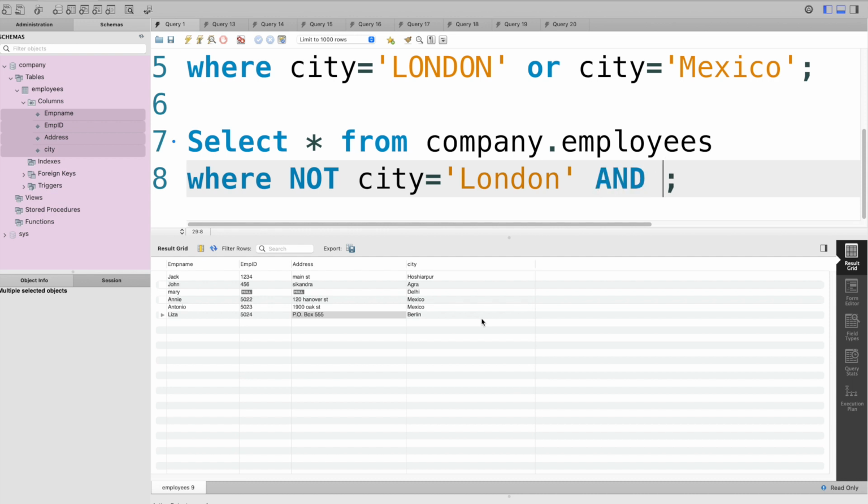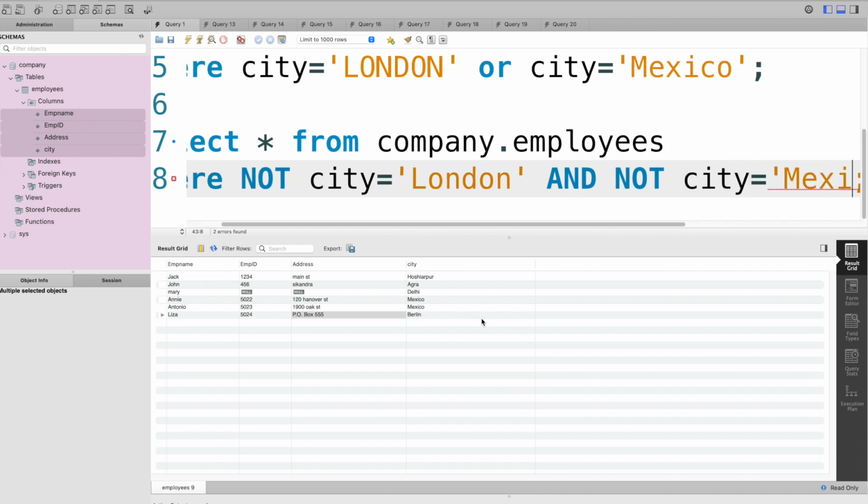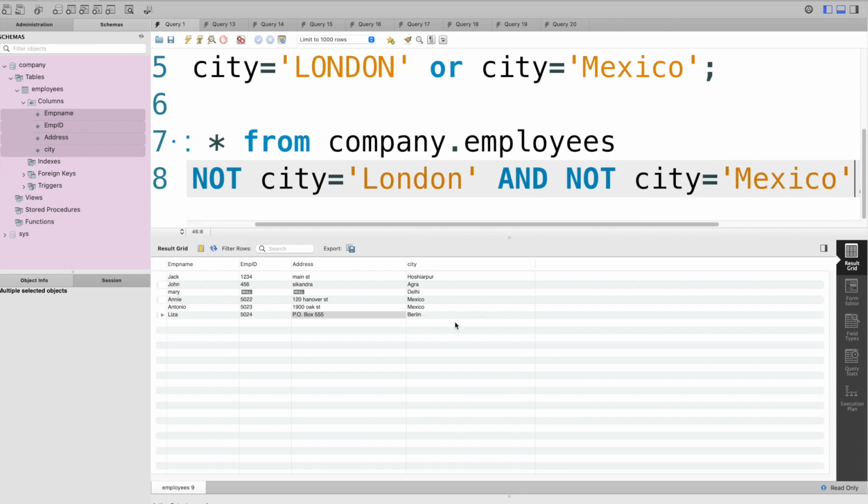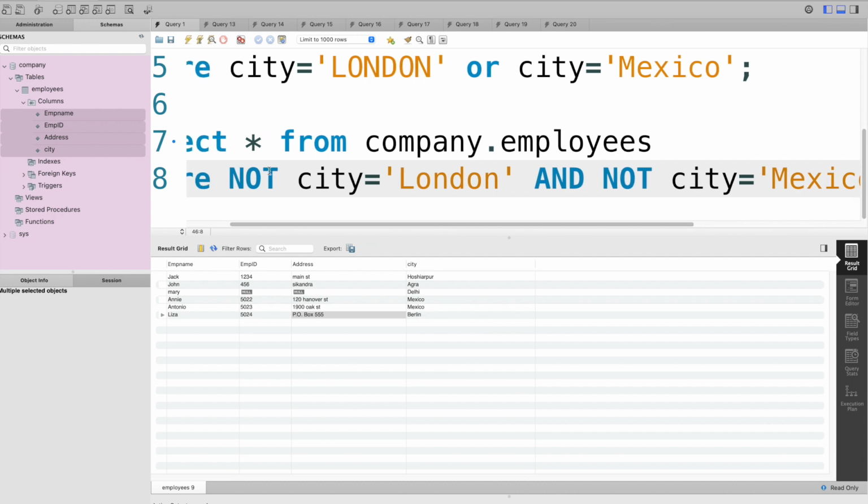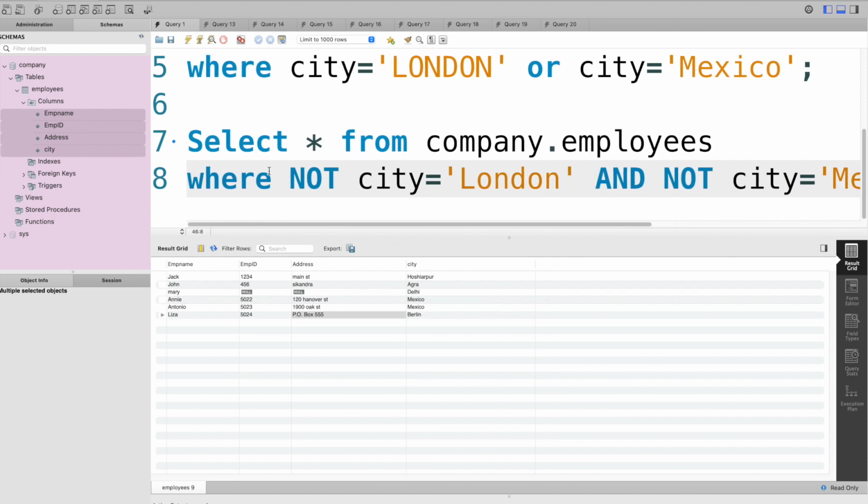AND operator. But here we also want to get the data of the employees who don't belong. That means we have to use the not operator also. And not city is equals to Mexico. So this means we should get the data of all the employees who don't belong to city London and who also don't belong to city Mexico.